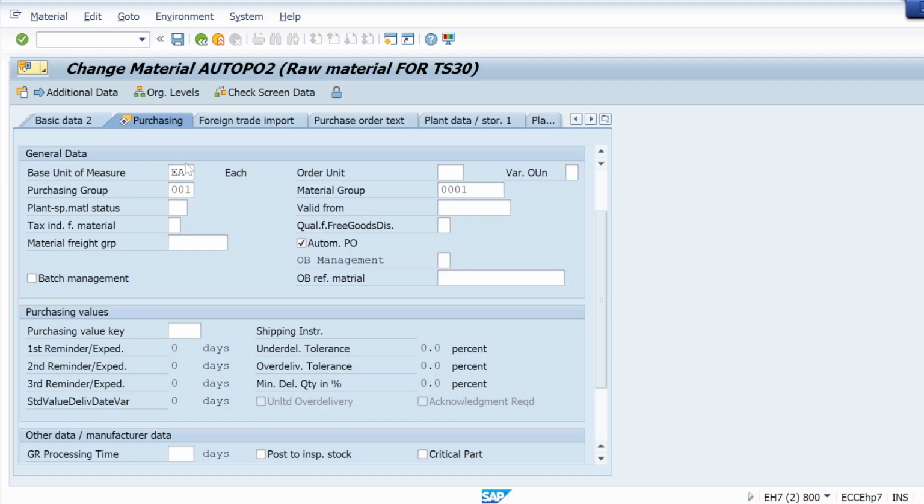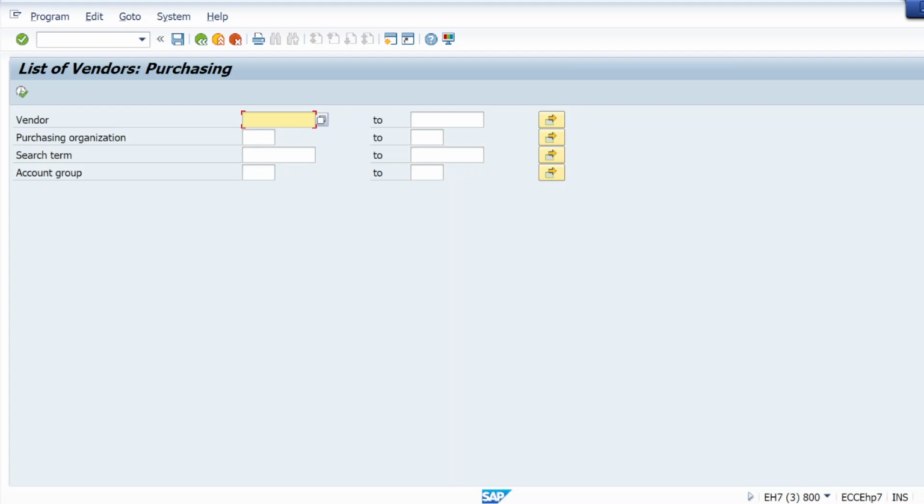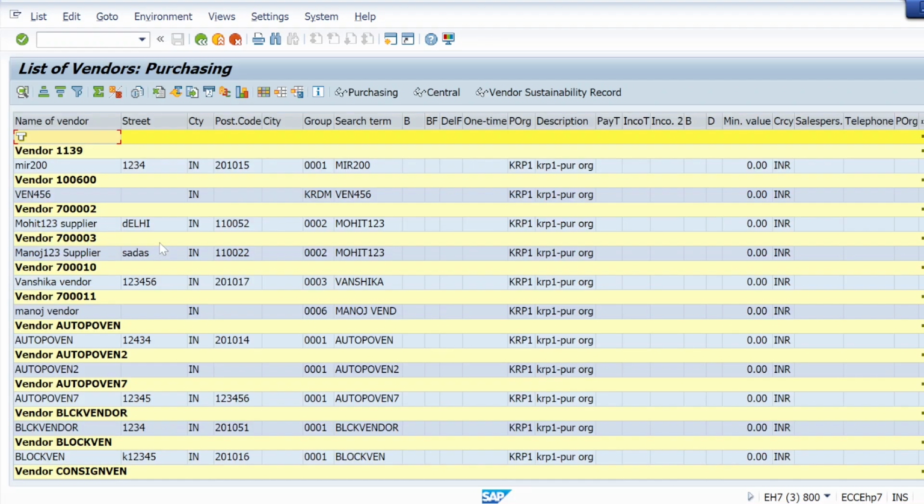So let me take any of these suppliers. Let me take this auto PO van 2.